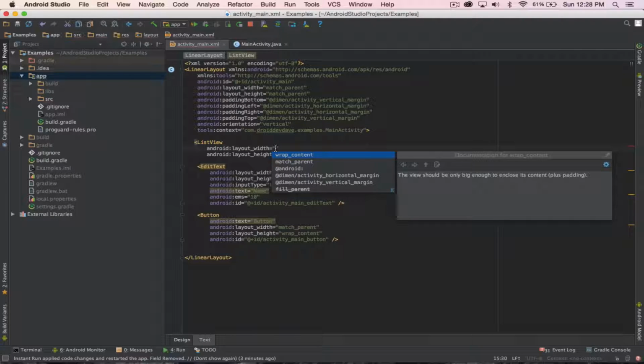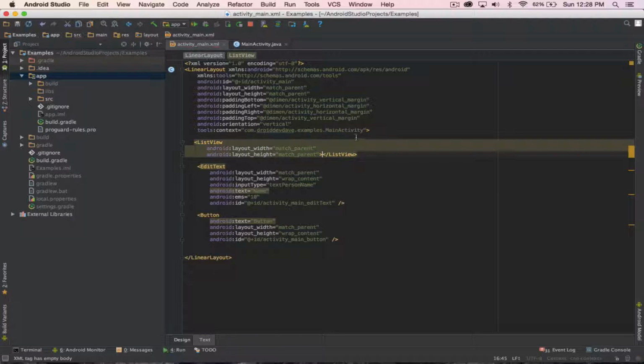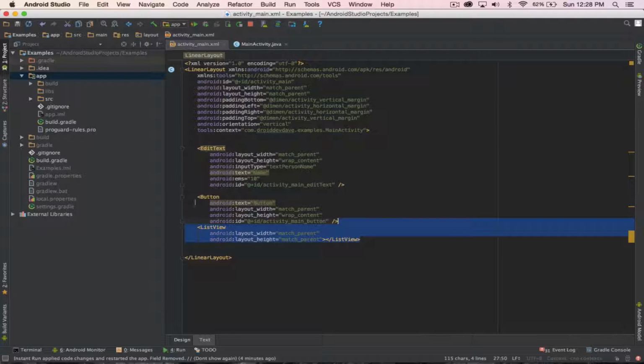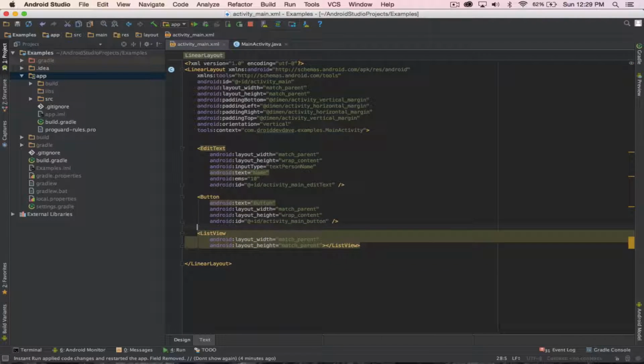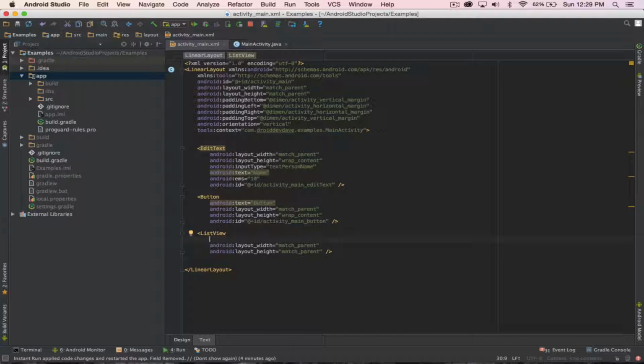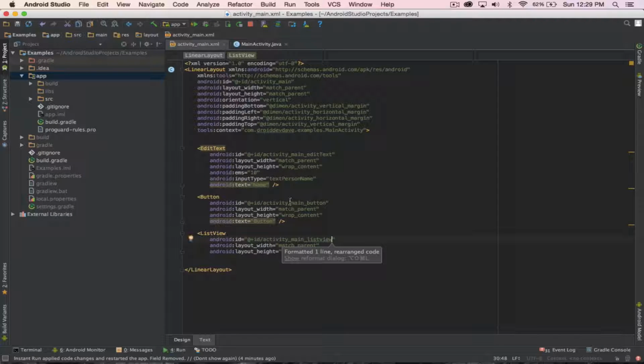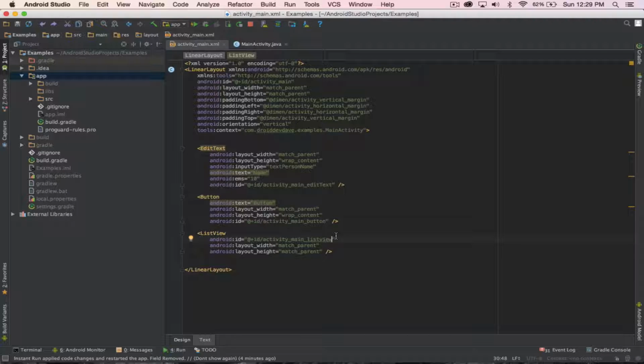So what we're going to use for the list view is a match parent for width and height. And we're going to move this to the bottom so it doesn't push the other views out of the way as it extends. And we can make this close as well, since it's not going to have anything in it. And the ID will just follow the same format we've been using, activity underscore main list view. Alright, so